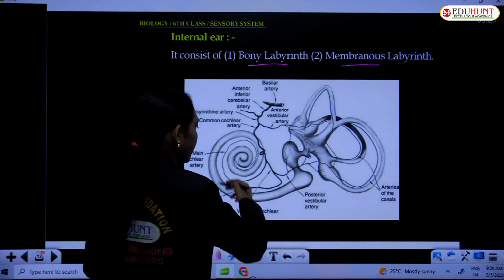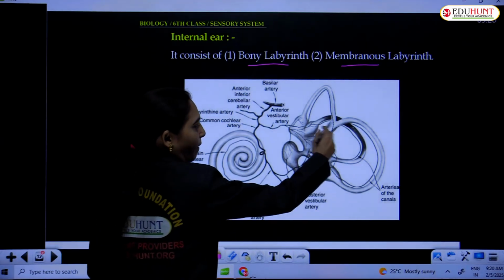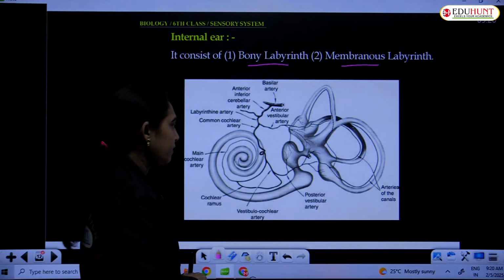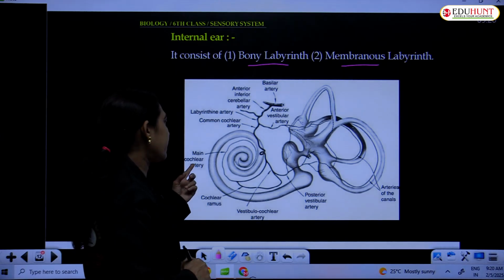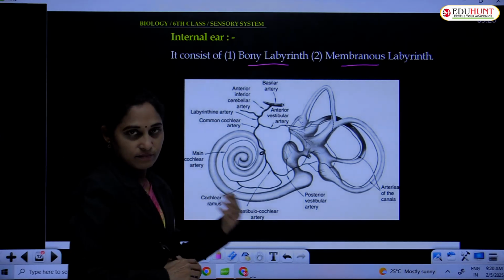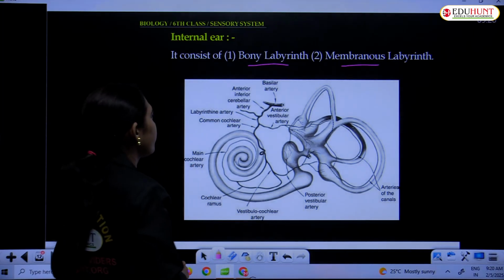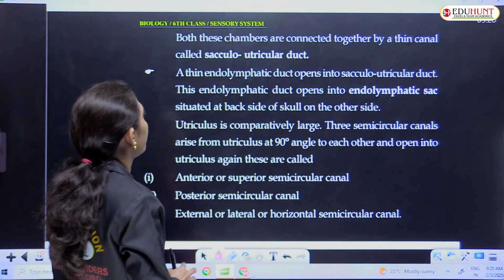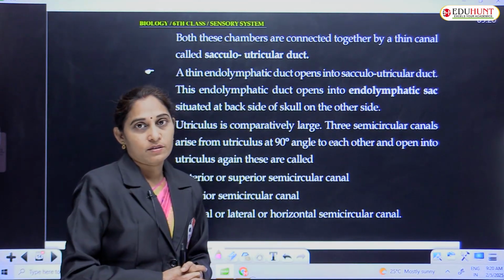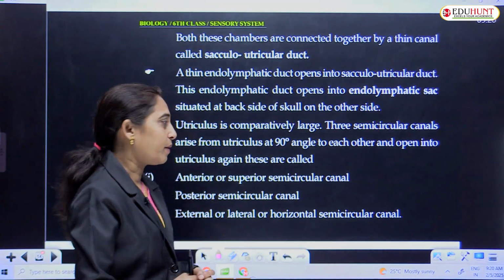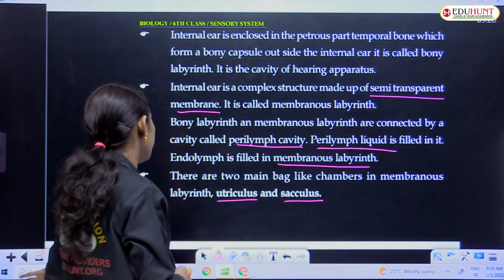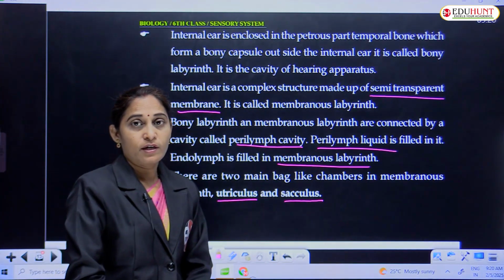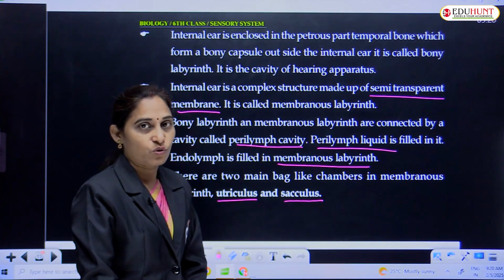This is the actual very complicated part of the internal ear, where you can see the main cochlear. ఇవన్నీ ఎక్స్ప్లెయిన్ చేస్తాను. These 2 chambers of the membranous labyrinth, that is utriculus